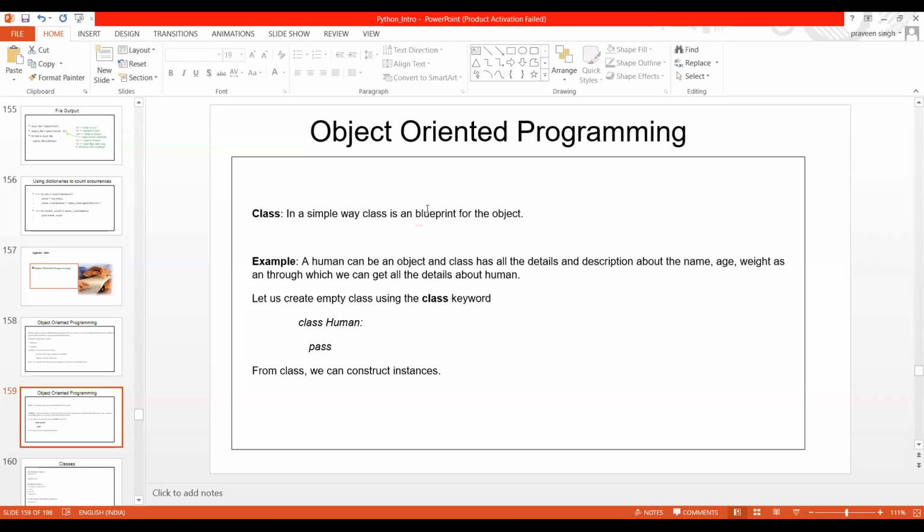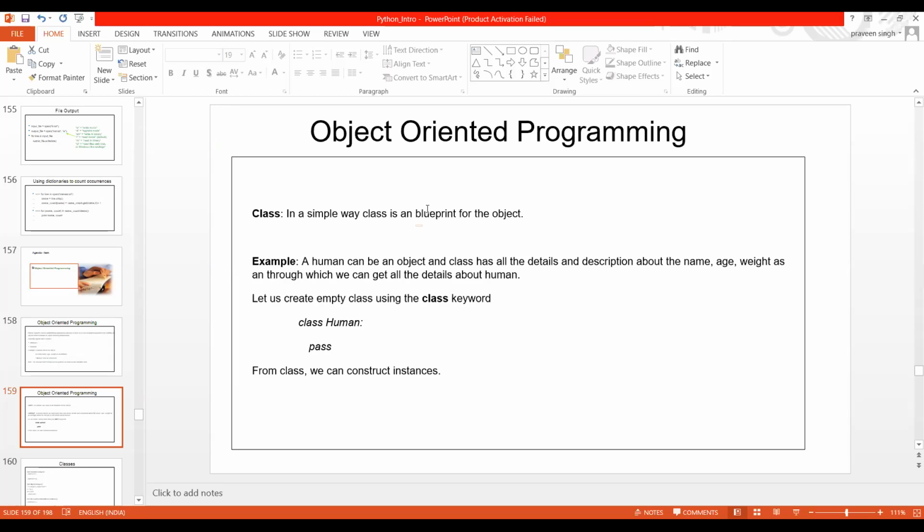So it is going to call a class which belongs to the entire description, or maybe you can say all the details present in that class.